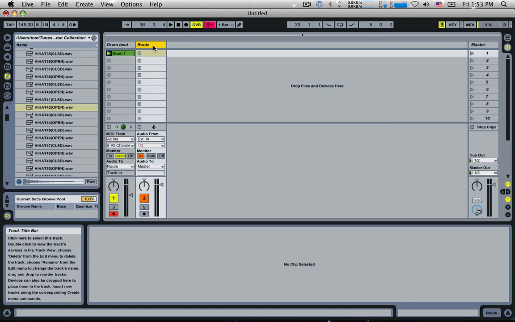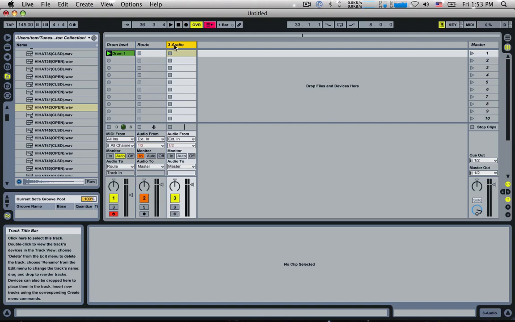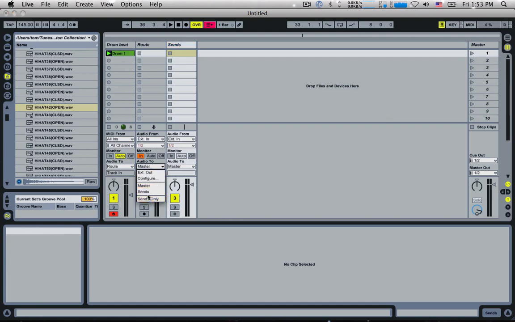That's very cool. Now what I'm going to do here is create another track, and we'll call this sends. So what's going to happen now is I'm going to again put the audio to the sends track, so it's going down and out into this one, then down and out into this one. The reason I do that is I'm going to use this track with follow actions to send the actual audio